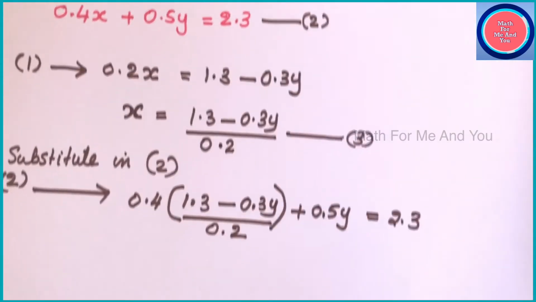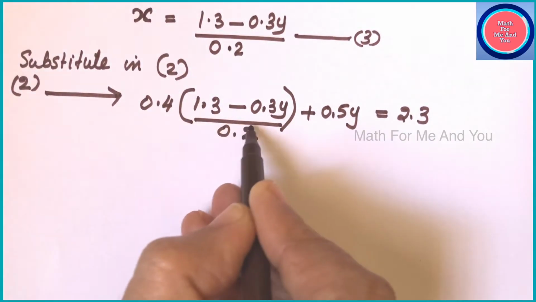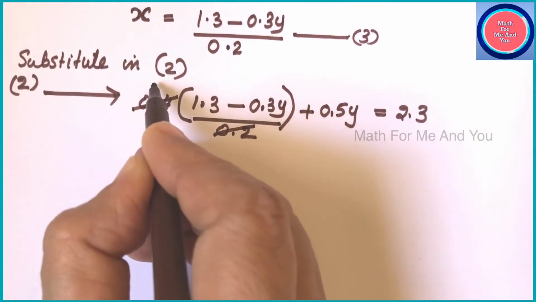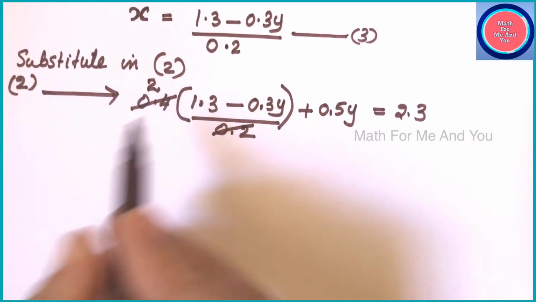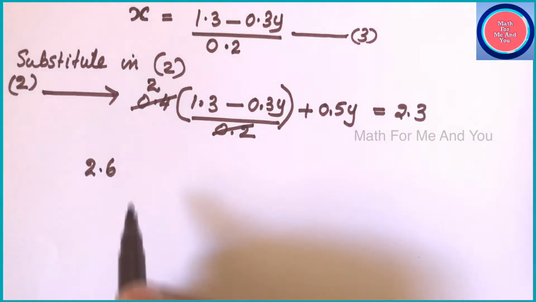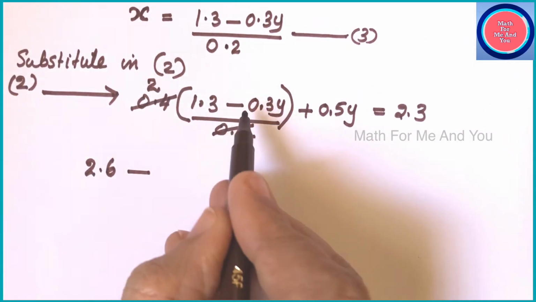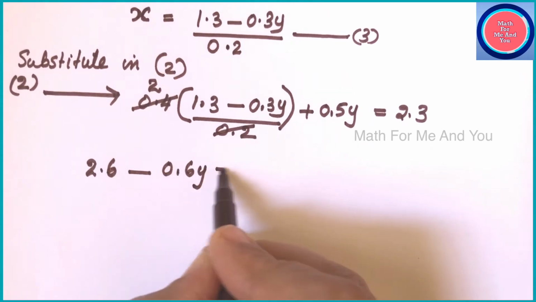The denominators 0.2 and 0.4 we can cancel. When we cancel, we get 2 in the numerator because 0.2 times 2 is 0.4. Now open the bracket. 2 times 1.3, it is 2.6. 2 times minus 0.3, minus 0.6y, plus